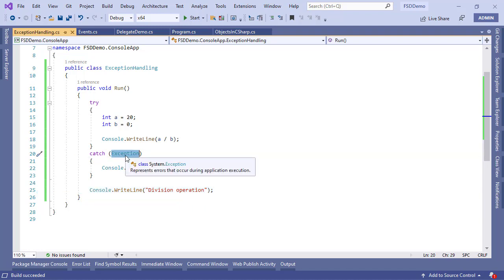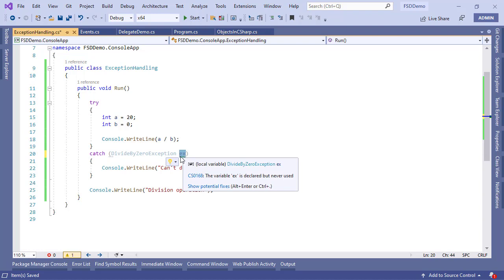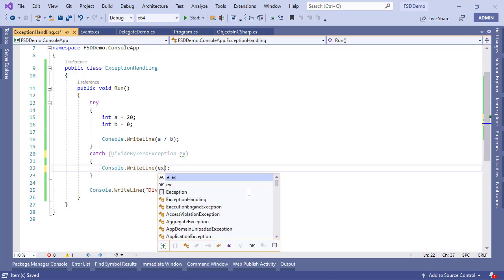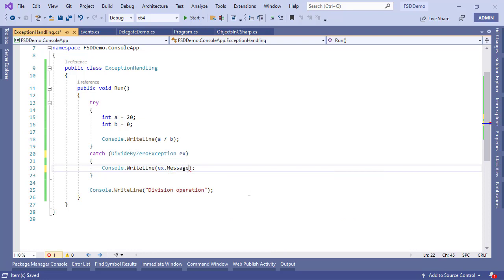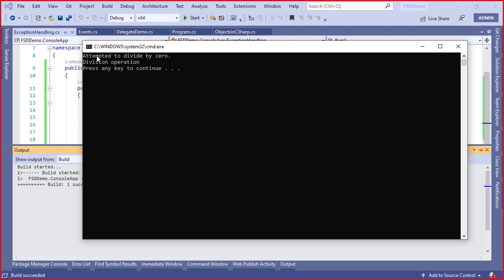And there's a different order in which you can check. We knew that the exception was divide by zero, so we can specify that there's going to be a divide by zero exception, right? And then if we catch this, we can also specify the exception object itself. We can receive that object inside the EX object over here. And instead of printing something generic, we can print the message of EX itself with this variable. So I'm going to hit Control F5, and the message itself is attempted to divide by zero,